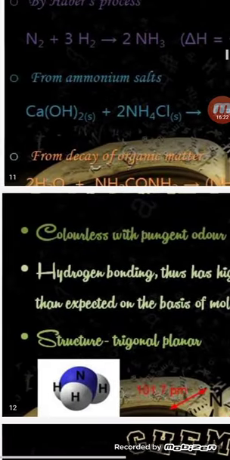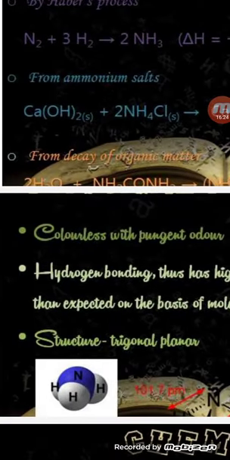It has considerably good hydrogen bonding between the hydrogen atom of one molecule and the nitrogen atom of the other molecule. That means intermolecular hydrogen bonding is quite strong. As a result, ammonia can also exist as liquid ammonia. But when it acquires heat from the surroundings, it tries to convert itself into gas.